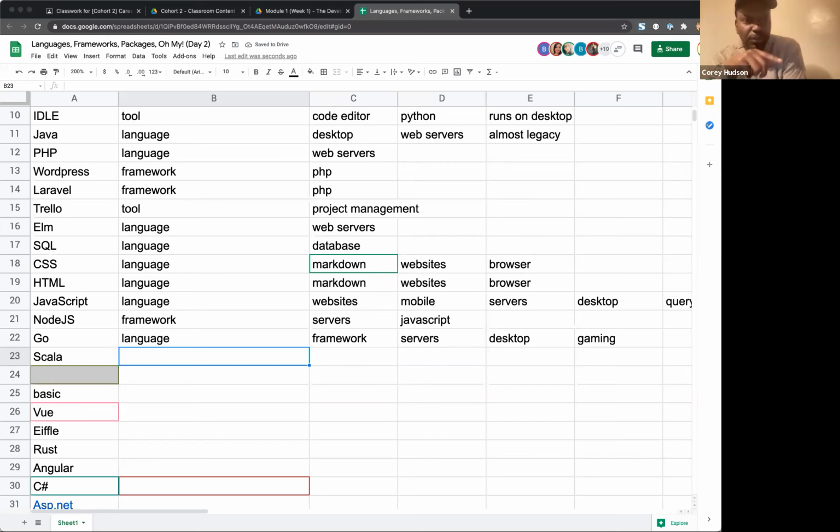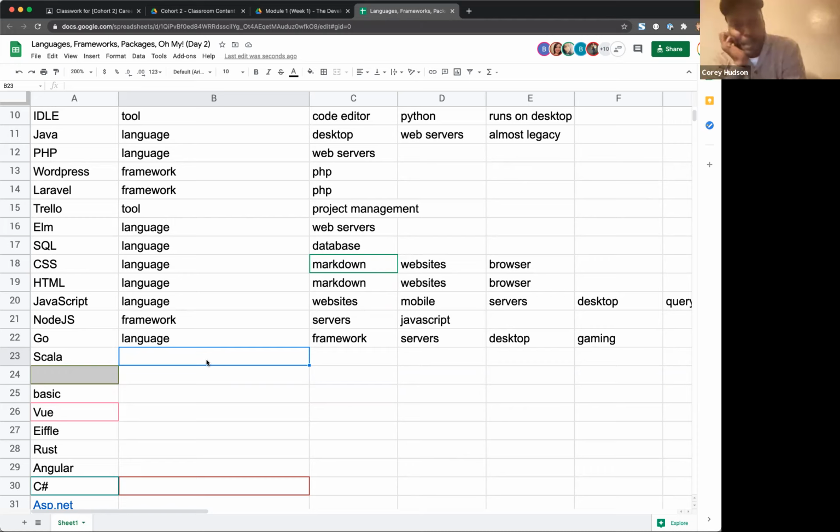So if I got you right, you're saying Go is a language, but it's also a framework there? Yes. So much like Node.js is known for being the framework for running JavaScript on a server, Go is a very opinionated language, and they built a lot of the functionality that you would normally get out of a framework into the language itself.